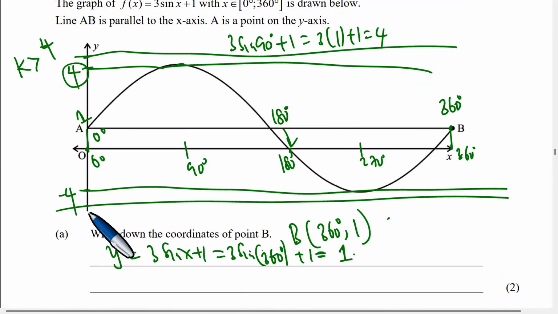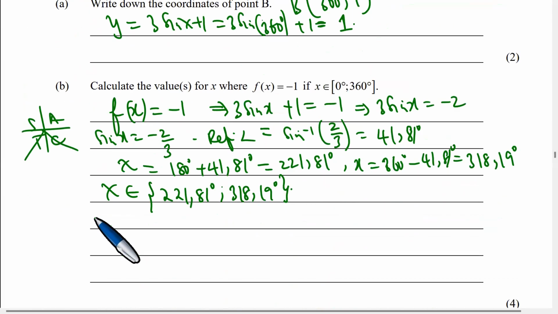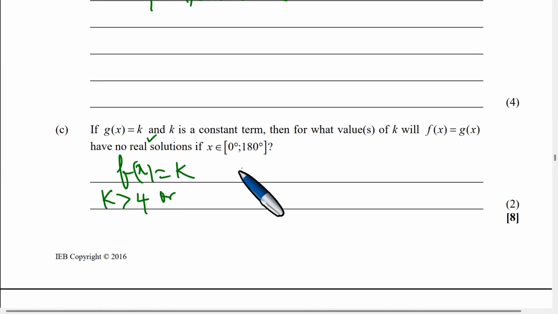Well, what about if k is 1? What about if k is 1, or k is smaller than 1, like 1/2? Which means that if k is smaller than 1,